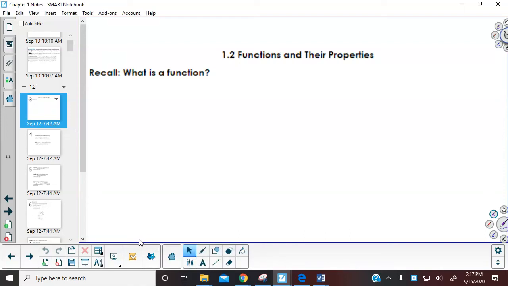Okay, so to start this lesson, we are going to talk about something that is actually somewhat familiar from the past for you guys. First off, the question is, what is a function? If you notice, it does say in your notes to recall something you've learned in the past. There are a couple different ways that you can identify whether or not something is a function. The first thing that you want to look at is just a description. The description of that is that each value in the domain